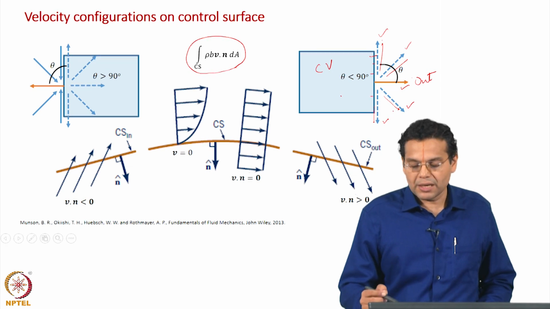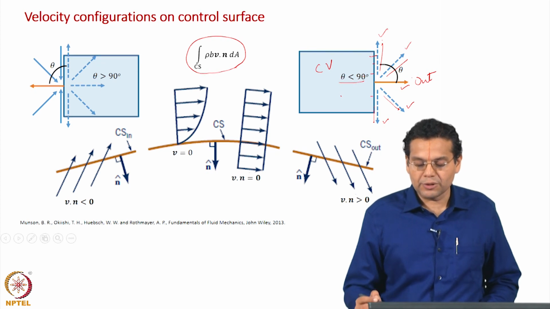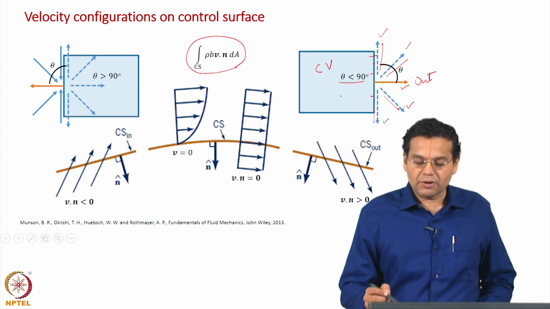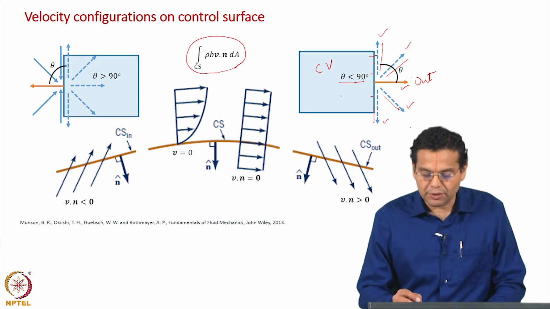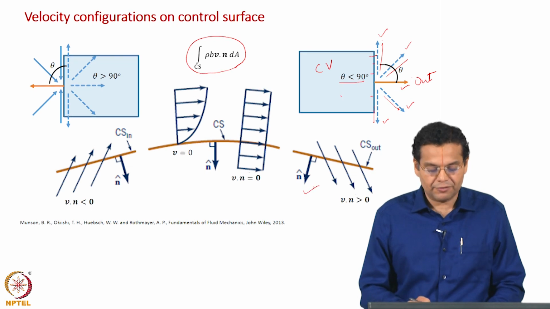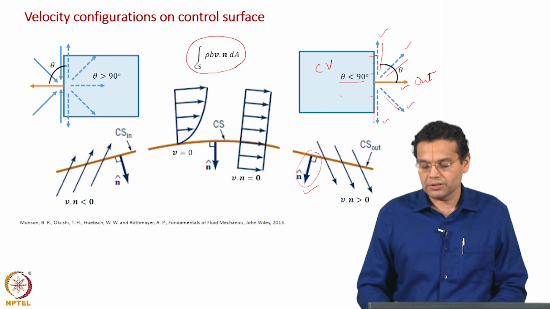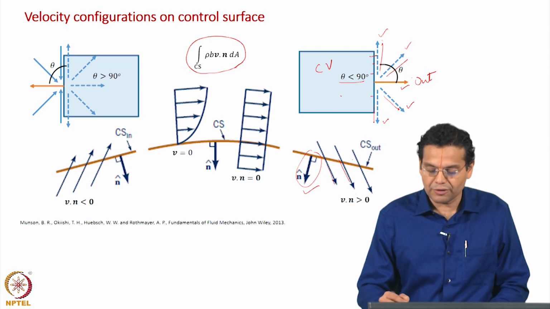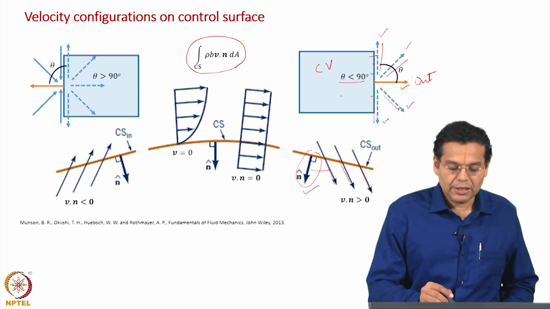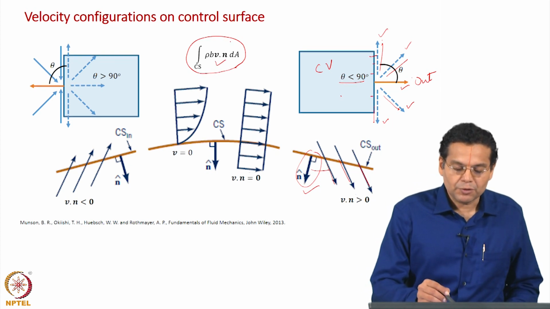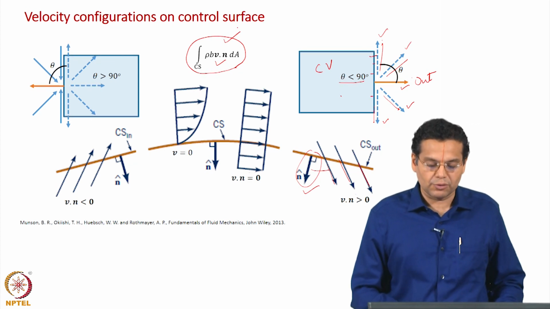And what is shown is also the angle theta between the normal vector and the velocity vector. Now, based on this configuration, you can easily conclude that angle theta is going to be less than 90 degrees for the outflow control surface, and that is also shown here in another way from this book. This is the outward normal to the outflow control surface, this is the direction of outflow vectors, and this angle is less than 90 degrees, which means that v dot n is going to be positive. So, this integral expression is positive for outflow.